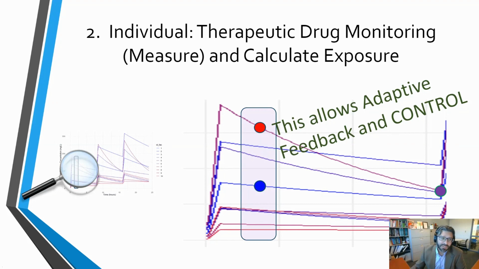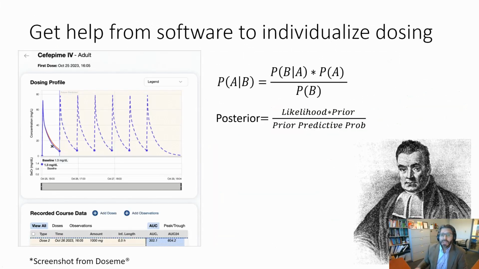The most frequent thing that we do is to measure trough concentrations, which is off here to the right. That's the purple. And then it's really difficult to discern which piece of spaghetti that patient actually is. So troughs are the least informative concentrations that we can draw if you're just drawing a single concentration, but we'll save most of that talk for a different time. For this time, just suffice it to say that the best way to understand what a patient's overall exposure is, is to actually measure. And then we can put them into some specific monitoring programs, and many of them use these